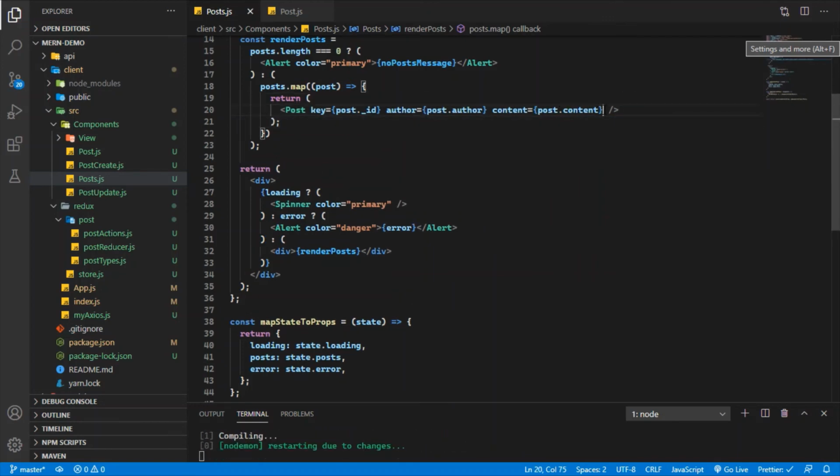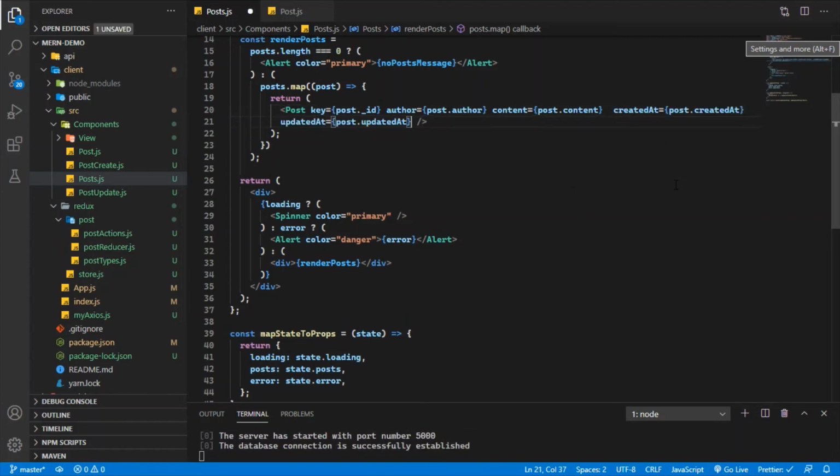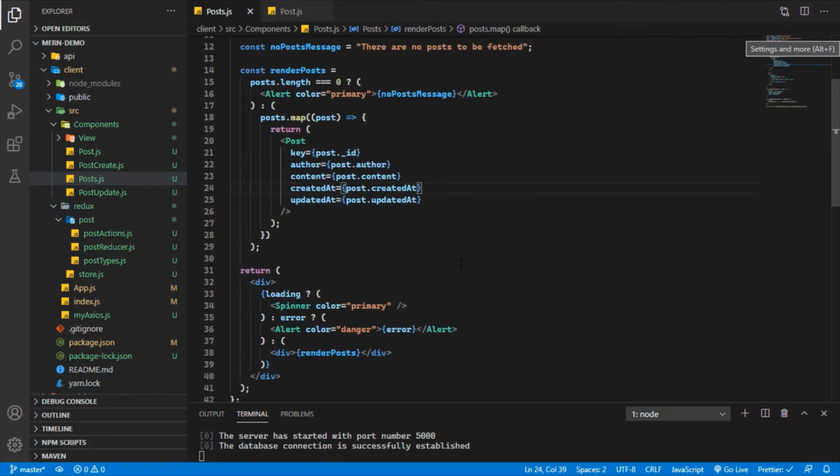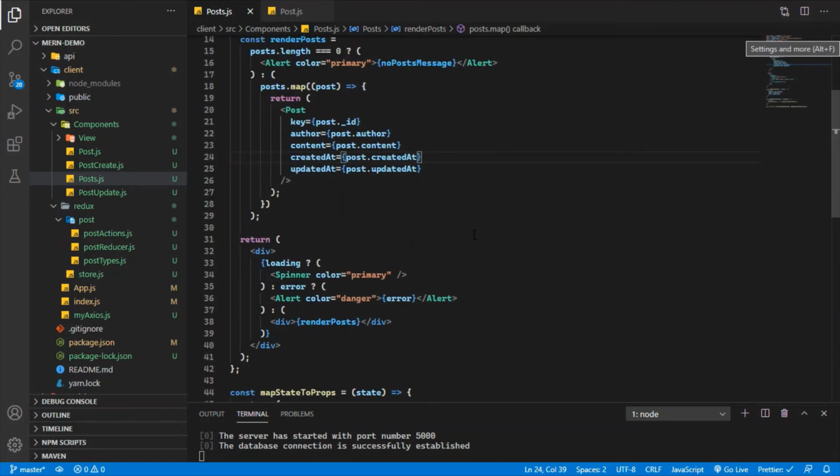So like this we are going to mention all our props. So we have successfully passed our props, and I think we are okay here.